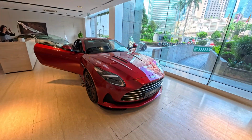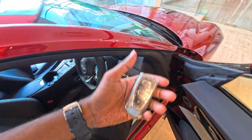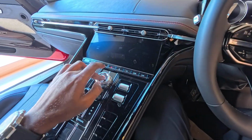Check out the lighting that comes in from the exterior part. Love how it hits the body of the car. Volcano red is what they call it. Okay, so I got a key with me. Okay, so now let's get this car woken up